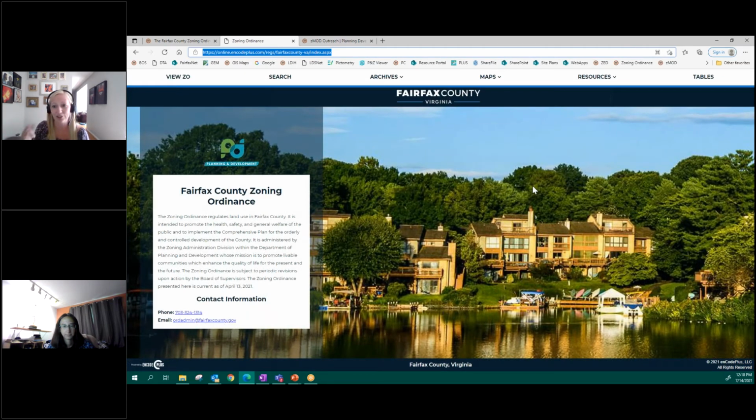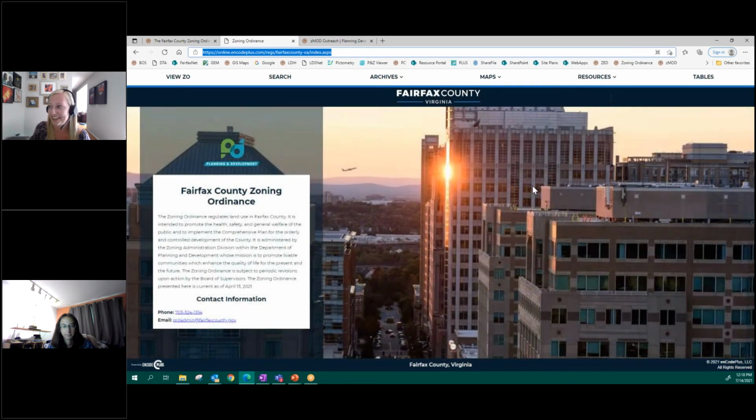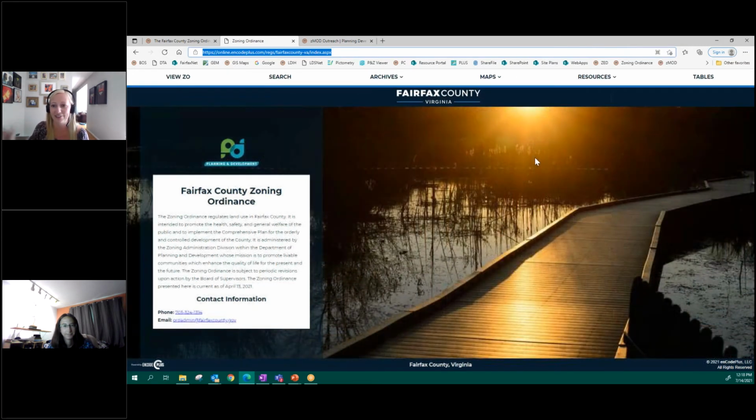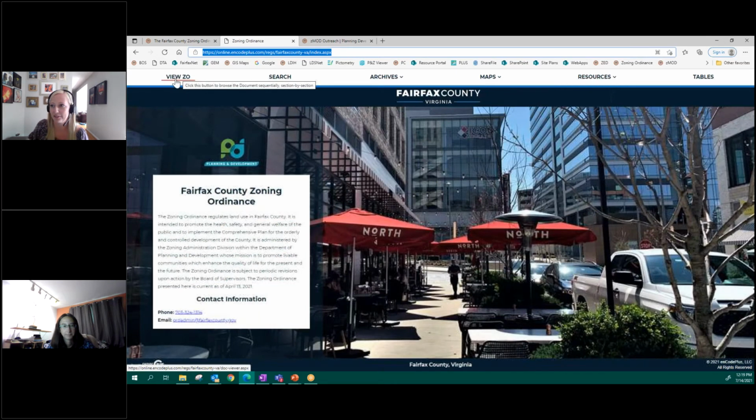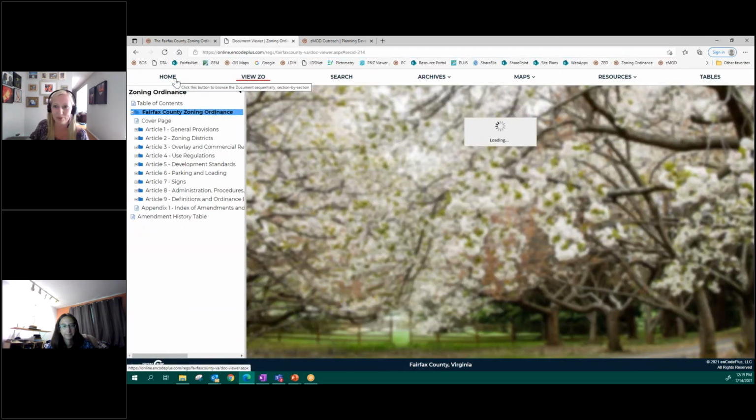and it's going to cycle through a couple different images of Fairfax County. We are looking into seeing if we can get a key to tell you where those images are because we do want to highlight these different areas in Fairfax County. So I'm going to click to view the zoning ordinance, if I want to find out what are my regulations for pet grooming establishment. It will take you right to the cover page,